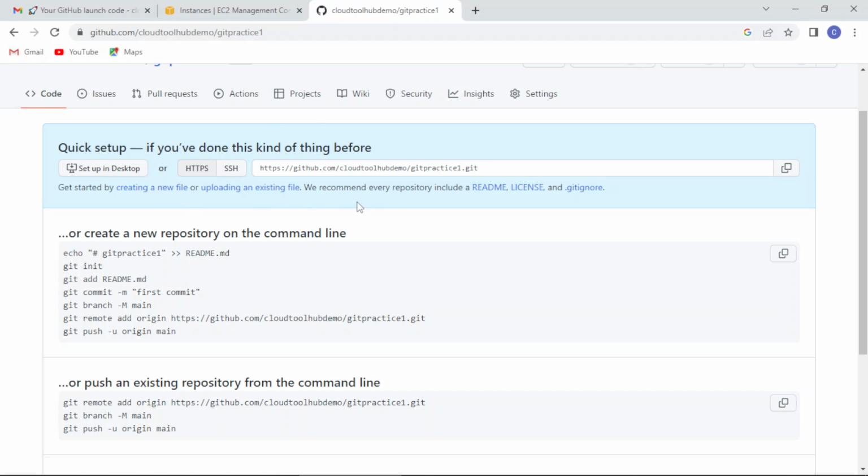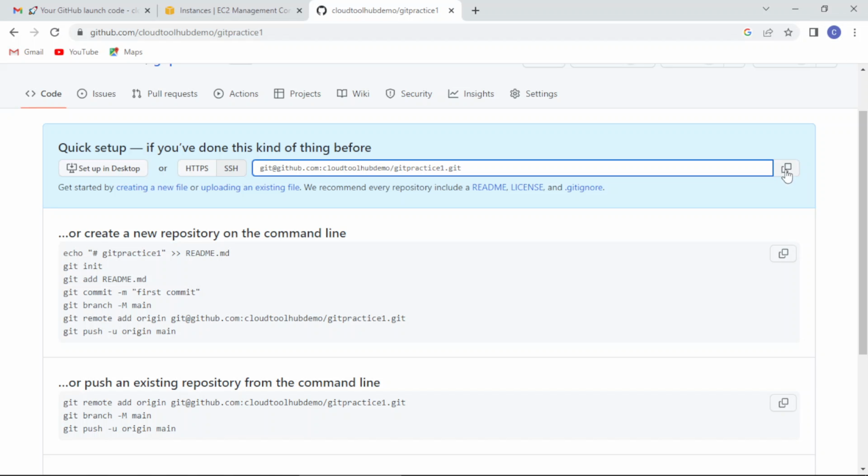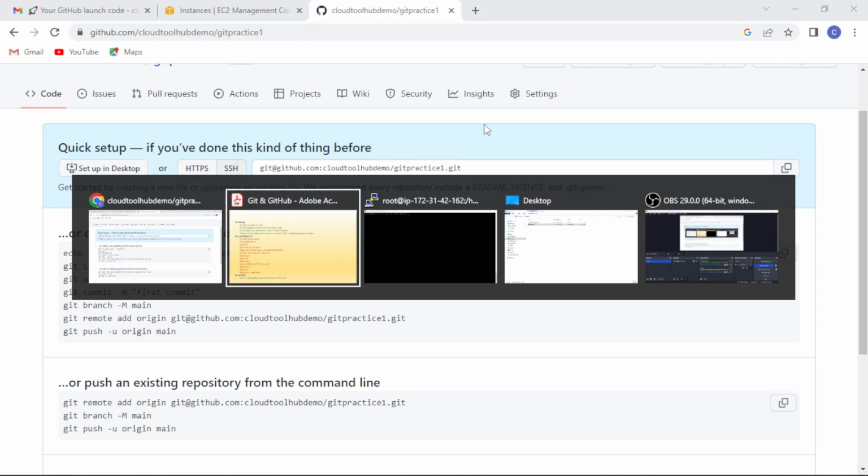So now this repository has been created. What we require to do is click on SSH and copy this entire path. For copying, you can click on this symbol and it will copy the entire path. Now let's go back to our